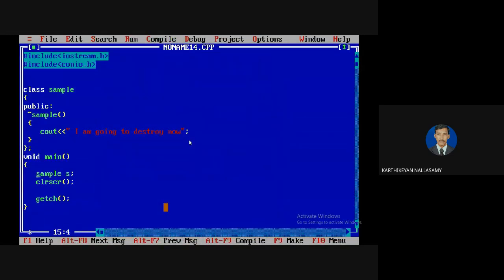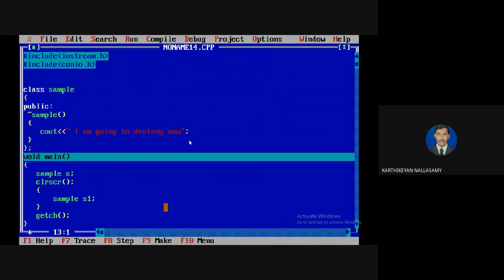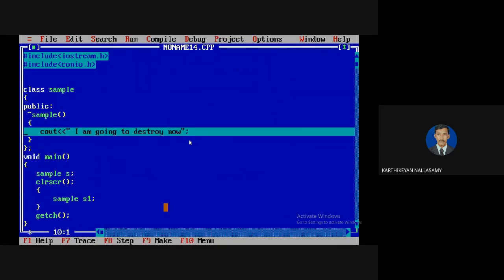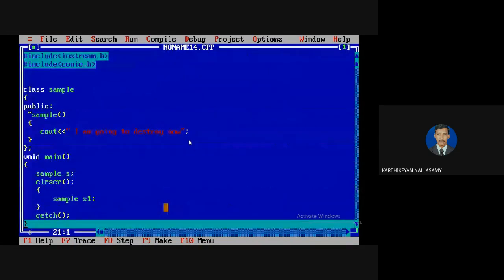For example, if I create one more object here and use curly braces for grouping, now it goes out of scope, so I press F7. Once it automatically goes out of scope, it is invoked 2 times. Just see the output, I'm destroying, because there are 2 objects I have.